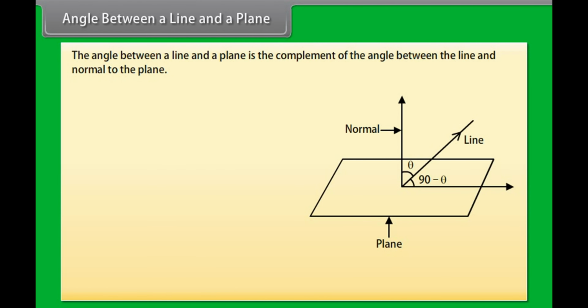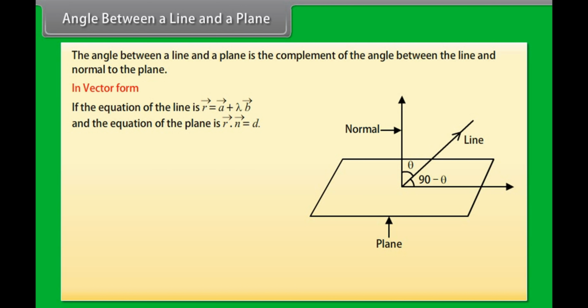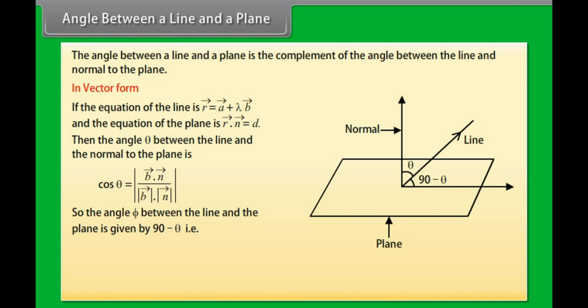Angle between a line and a plane. The angle between a line and a plane is the complement of the angle between the line and the normal to the plane. In vector form, if the equation of the line is vector r equals vector a plus lambda vector b, and the equation of the plane is vector r dot vector n equals d, then the angle theta between the line and the normal to the plane is given by cos theta. So the angle phi between the line and the plane is given by 90 minus theta, that is, sine of 90 minus theta